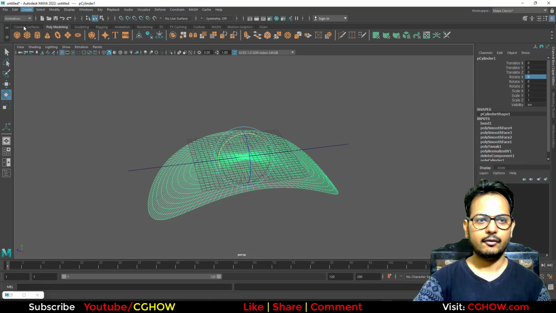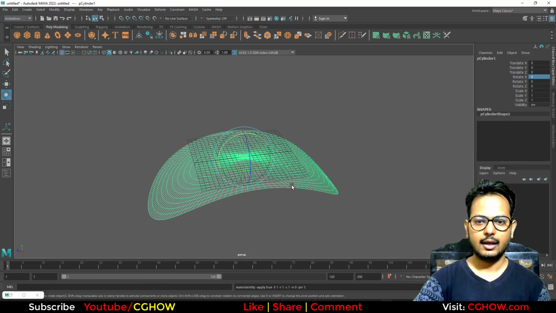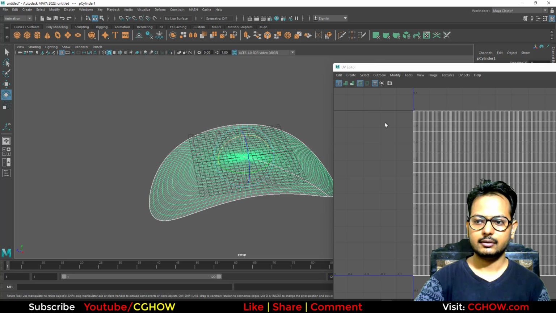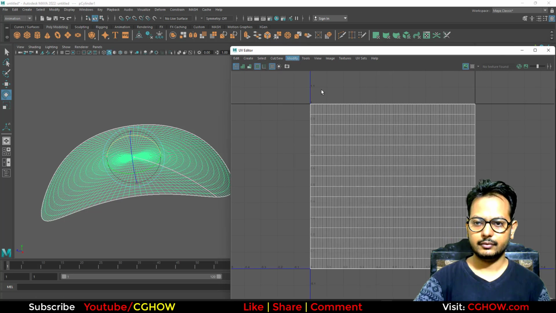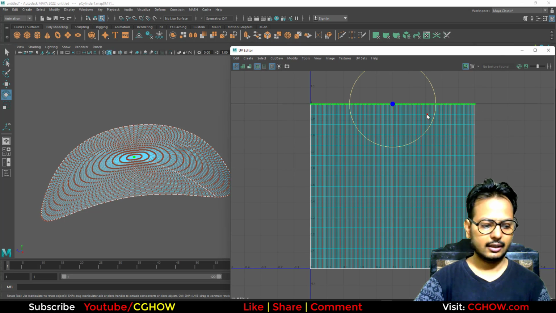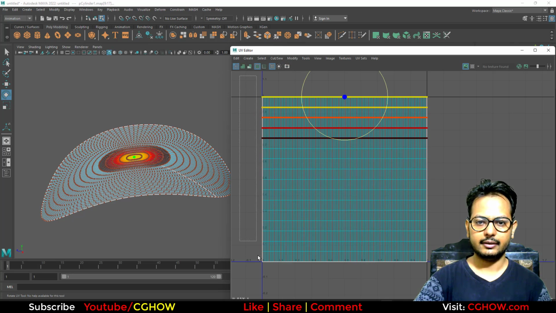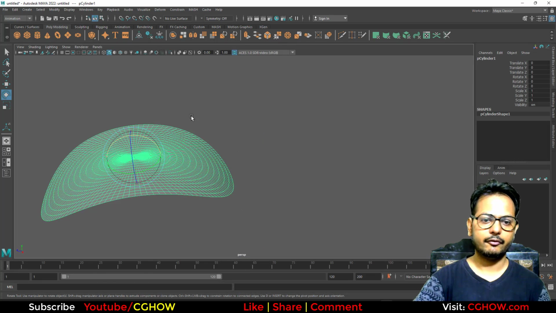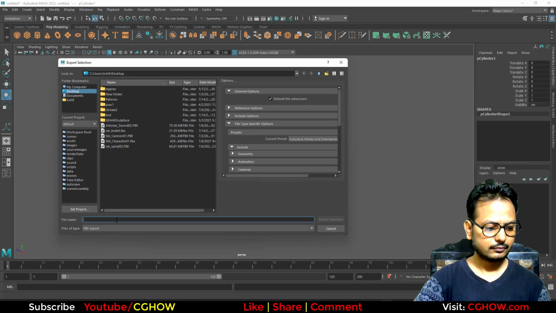So I'll just freeze this, delete the history, and you can see the UVs are now proper UVs. Let me hide the grid. If you select these vertices and press B, you can see it's going like this, and if you select these, it's going like this. So UVs are perfect because I created it from a cylinder, and I will just export this to desktop as SM shield,